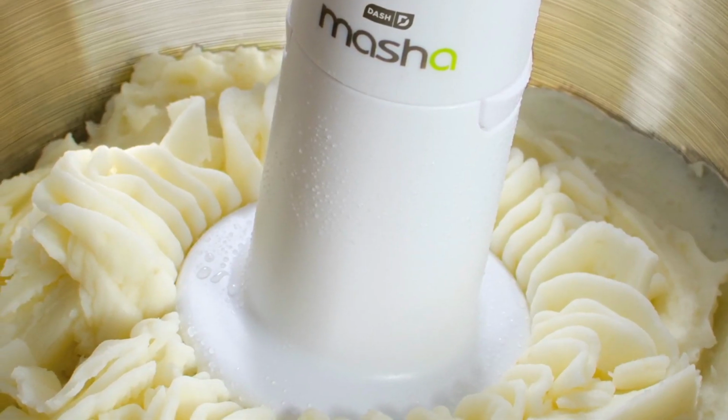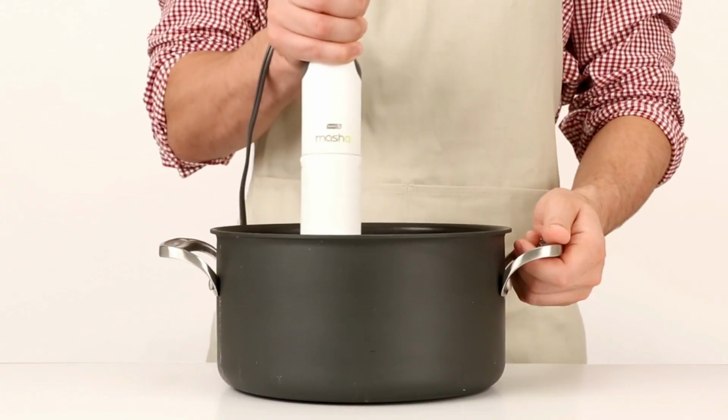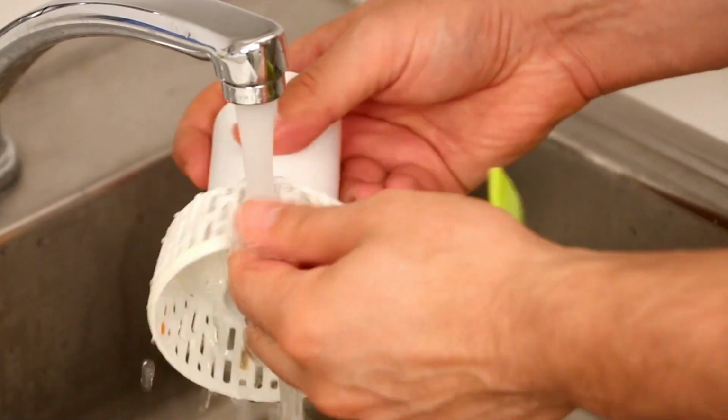What's more, the Masha 2X is specially designed to give you creamy, fluffy mashed potatoes without overprocessing. And when you're done, the Masha 2X easily rinses clean,